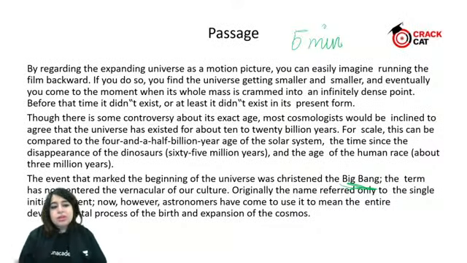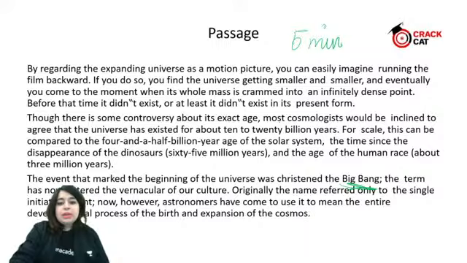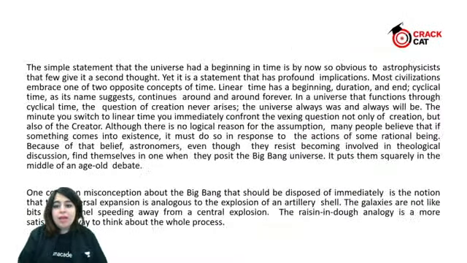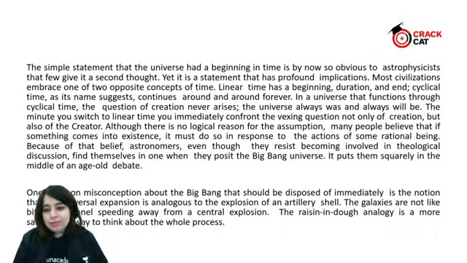And initially the author is talking about how the universe is expanding as a motion picture and whatnot, and then how the exact age of the universe is unknown. So they don't have an exact number, and in order to look back at the exact number, they have to do a lot of research, and a lot has been missed out already. They've talked about linear and cyclical time, and how these kind of questions can never be confronted,